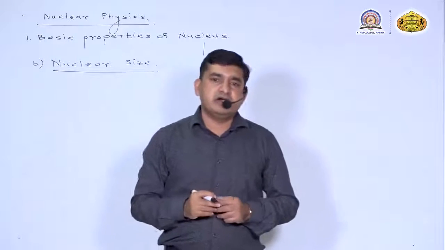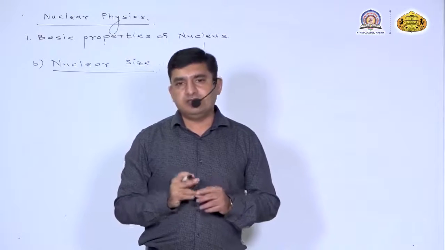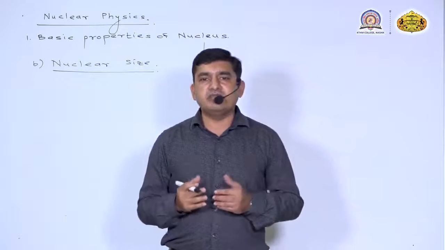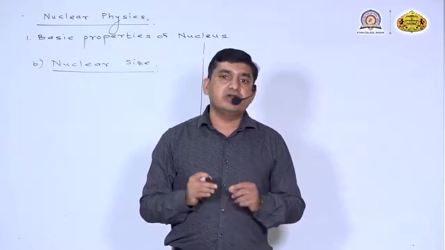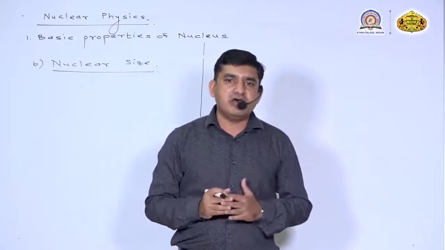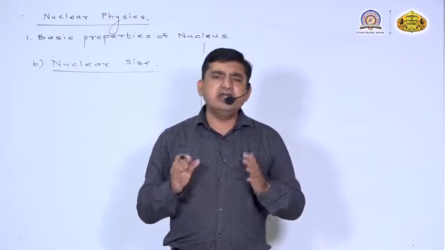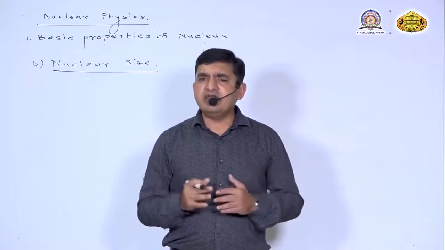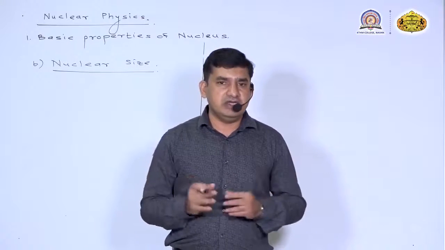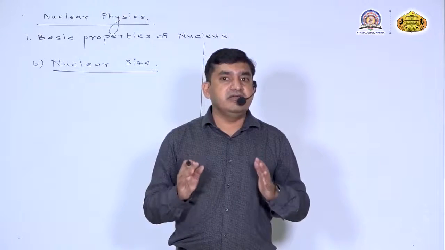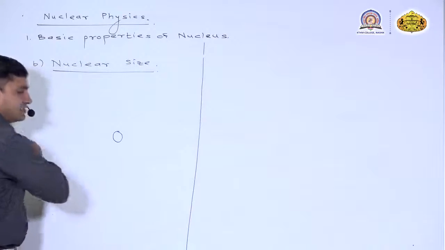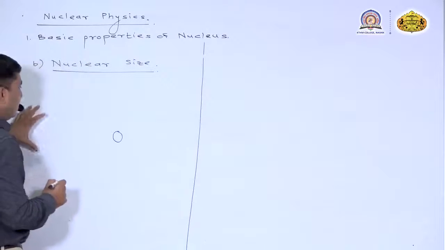Rutherford bombarded alpha particles on a gold foil. The nuclear size can be determined by using the Rutherford experiment. Rutherford bombarded alpha particles on gold foil, and he observed that some alpha particles are transmitted through the gold foil without any deviation. If we consider this is one nucleus, okay, here the